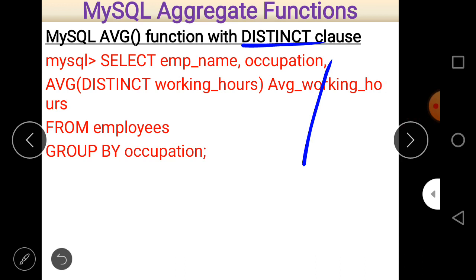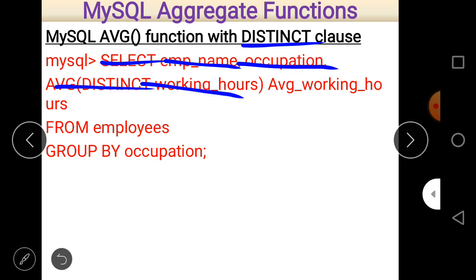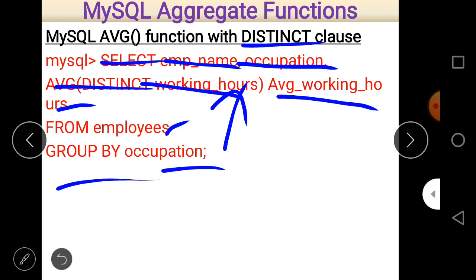Let us see here. Just write select employee name, occupation, these are the names of the columns, average distinct working hours. Distinct working hours means if there is a repetition of a working hour, the same value, then it is considered as one unit. Then average working hours is the name of the column, from employees is the name of the table, and group by on the basis of occupation.